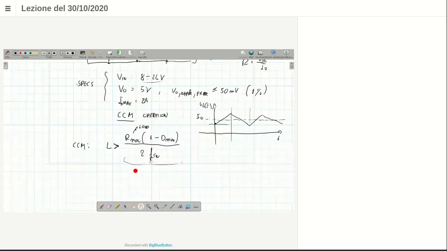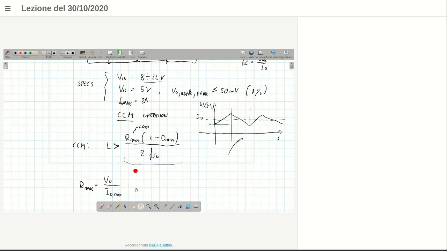Okay, now let's evaluate these quantities with reference to our specification. R maximum, R, as we have said, is the output voltage over output current, and this is maximum, of course, when the output current is minimum, for the reason that we have just discussed before. Okay,